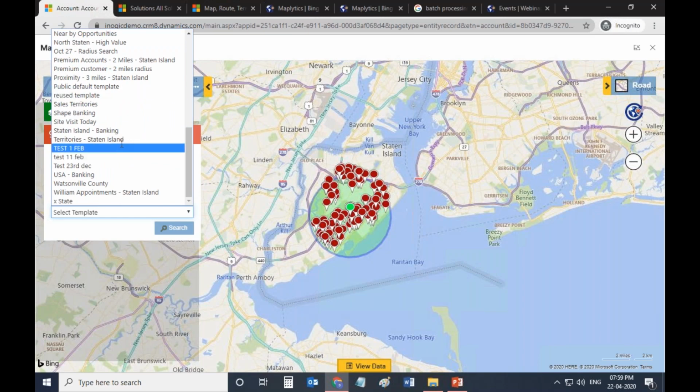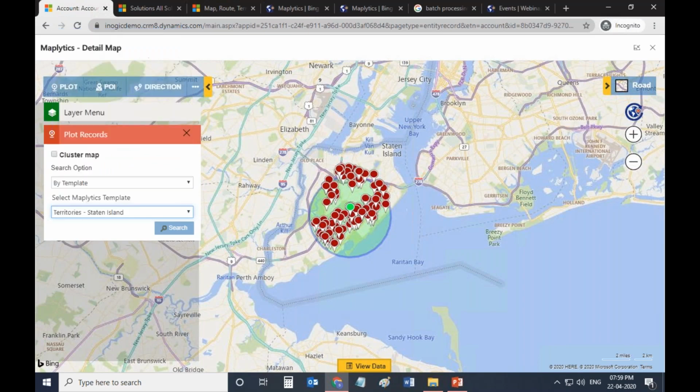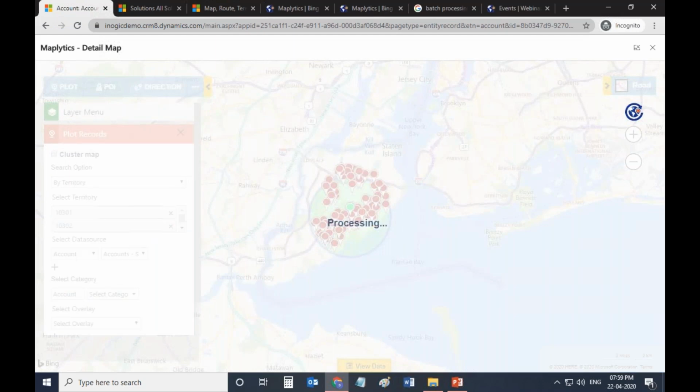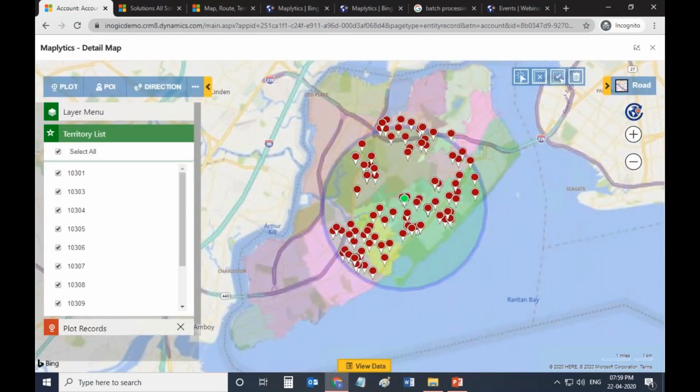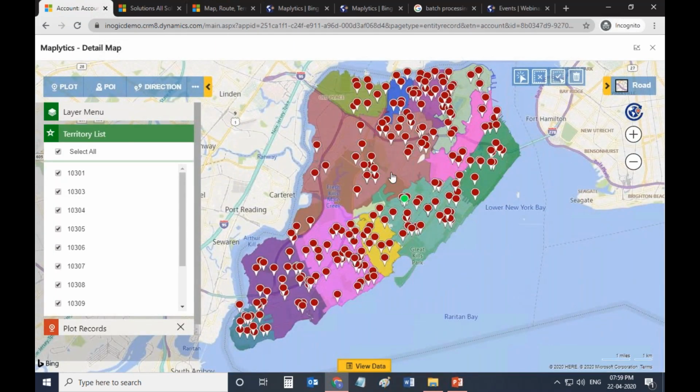Here, this is the template that I have selected, so I can simply click on this and click on search. This saves a lot of time when I want to have the same search criteria plotted on the map very frequently. You can see that the territories that I have just saved as a template have been plotted directly. So this saves a lot of your time.